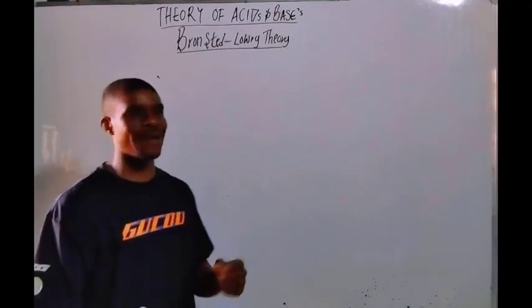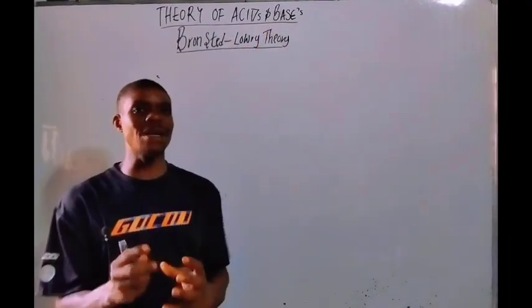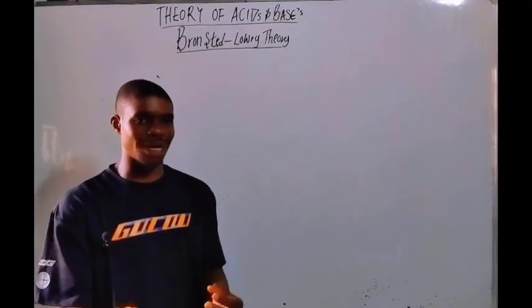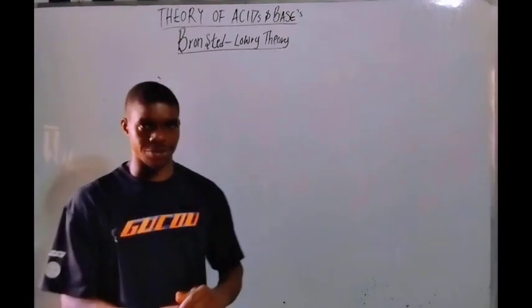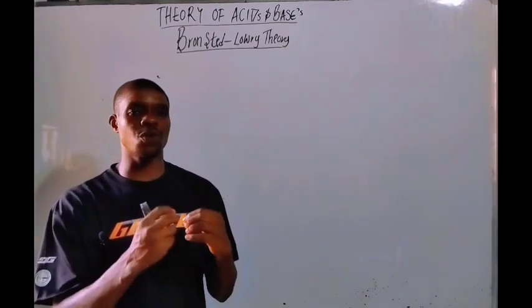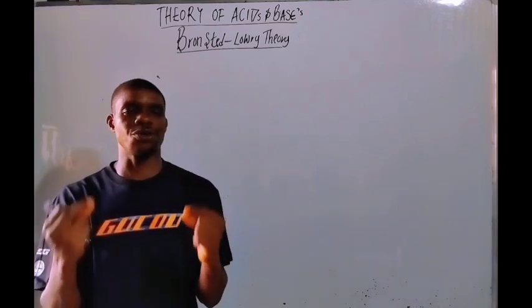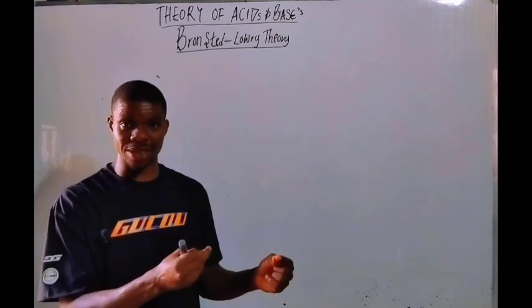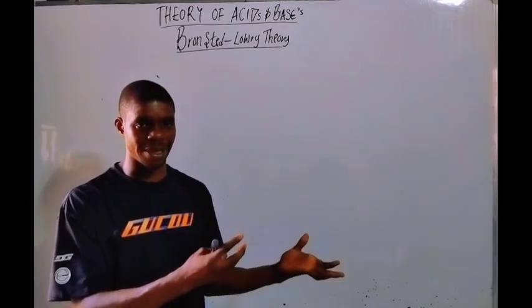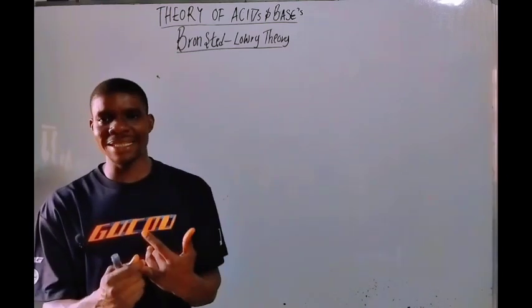Let's talk about the theory of acid and base. One aspect of the theory of acid and base I want to look at is called Bronsted-Lowry theory. When it comes to the theory of acid, we have about three theories here, but the one a large majority of students are familiar with is called the Arrhenius theory of acid and base, where an acid, when dissolved